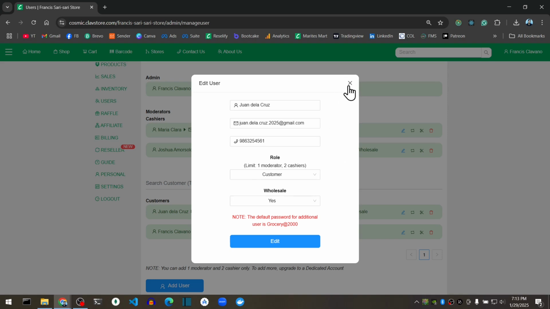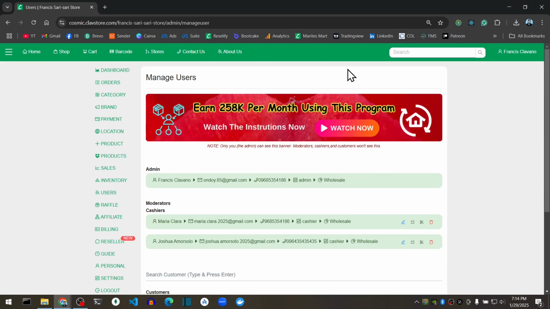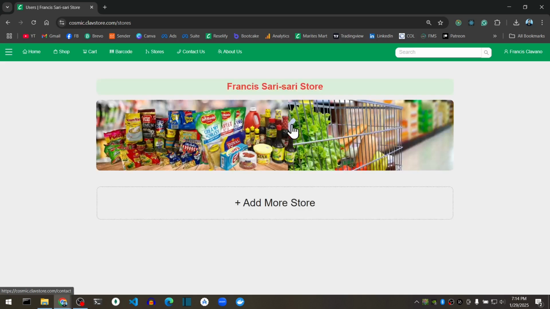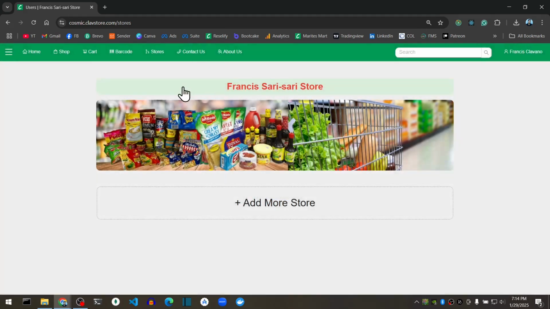But if you want to have an account with unlimited cashiers, then you can upgrade to a dedicated account. Okay? A dedicated account kasi is basically for multiple stores. So, in a basic account or your Cosmic Lab Store account, you can only add 1 store. If you click this add more store, it will say that you can only add 1 store for this account because this is limited, as this is a shared service.